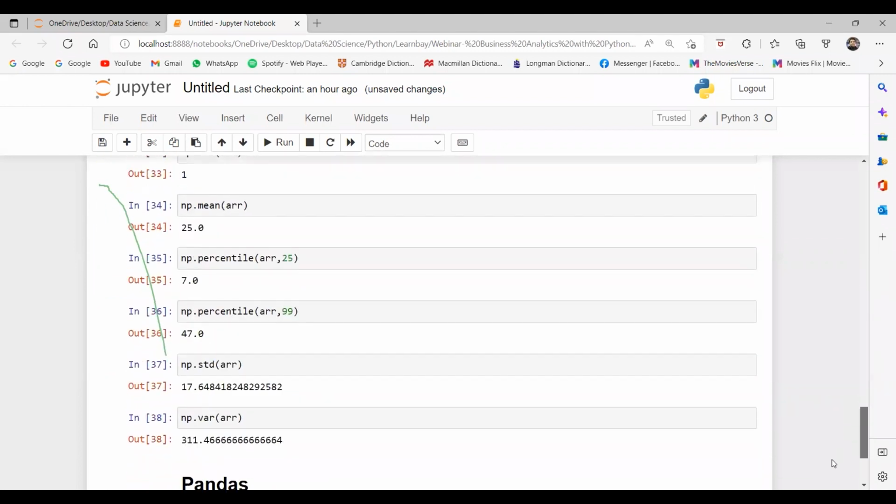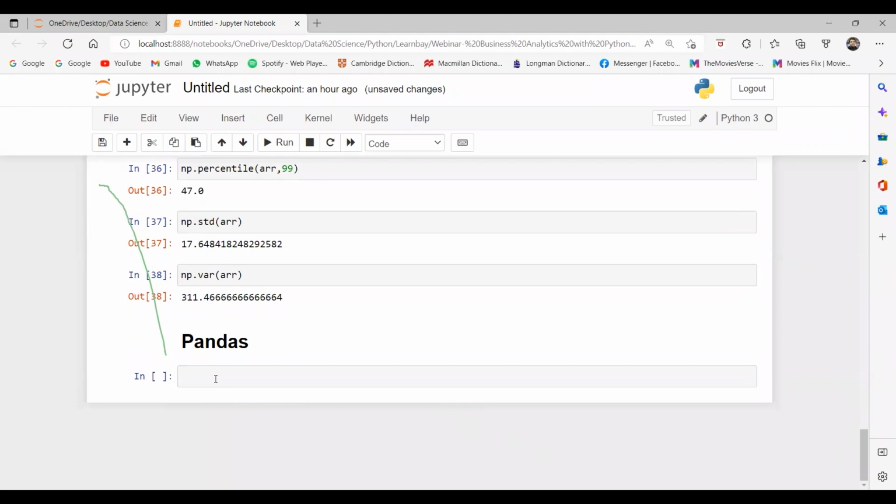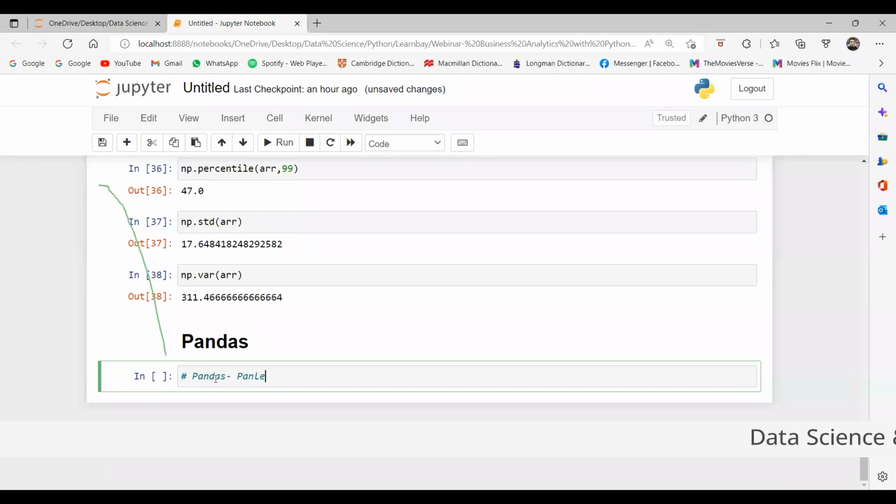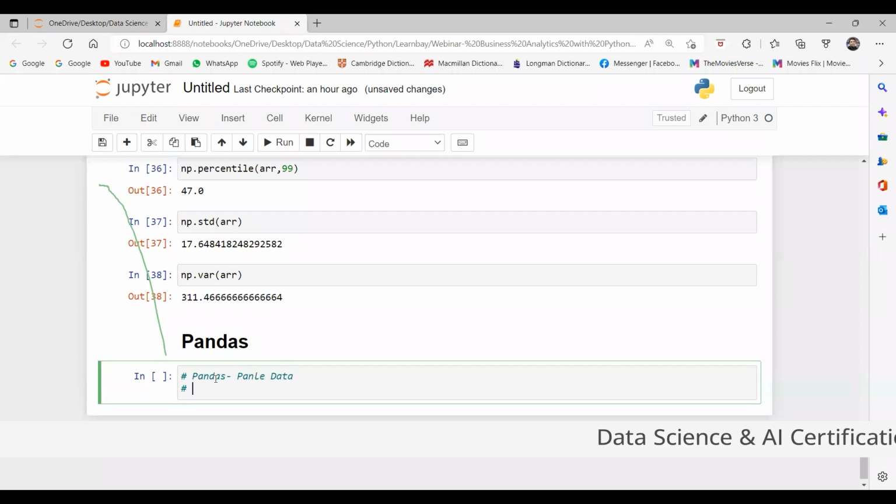Fine. So let's talk about pandas, guys. Pandas is the most important library when it comes to data manipulation or performing any operation related to data. Pandas is known as panel data. It is mainly used to work on